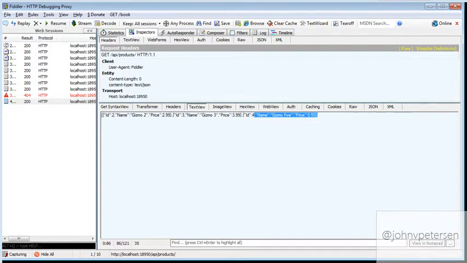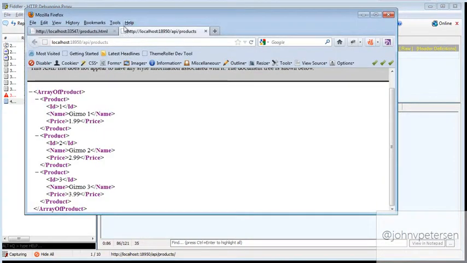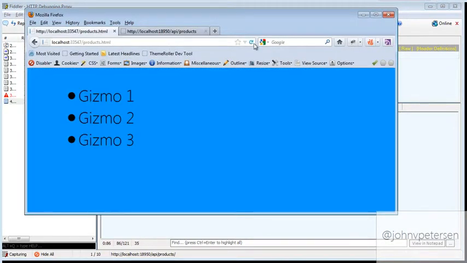Well, turns out we've got this guy over here. Let me just hit refresh on this. Notice the URL here, localhost 33547, products.html. This is just basically a static HTML page. It's got some JavaScript in here. That is just an HTML page sitting in my web app. That's my MVC application. I'm going to hit refresh here. Okay, it just changed.